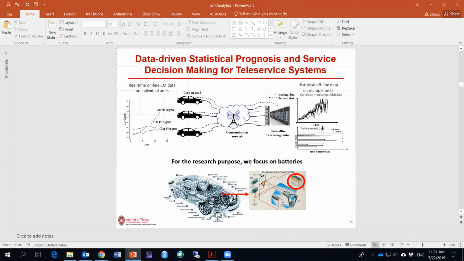And the IoT system we're working on is the OnStar system. If you own a GM car, you will know all the GM cars have this system. Through the system, the driver can communicate with the operator, and the system also collects the condition monitor signal from the car and sends it back to the cloud. So the General Motors service engineer can make predictions and send out a warning to the customer based on the data collected from the system.